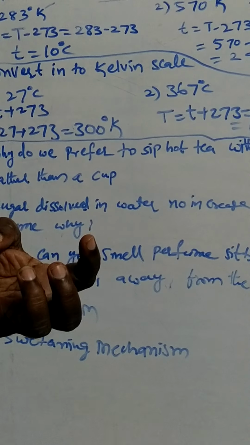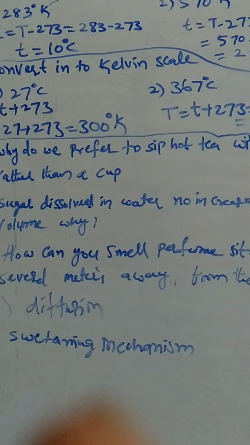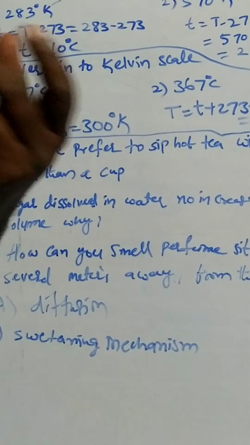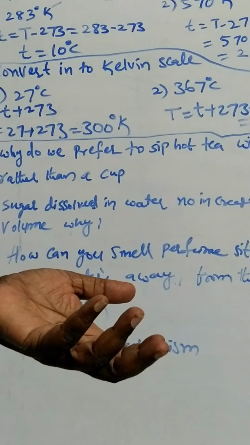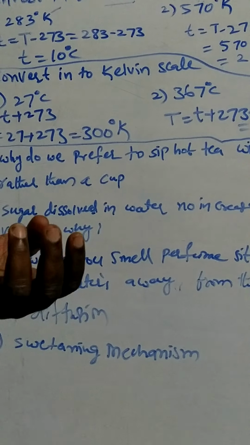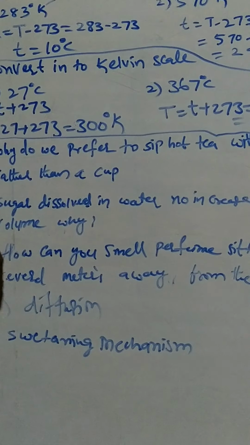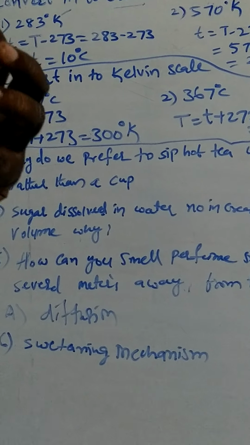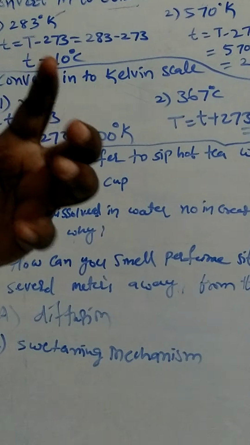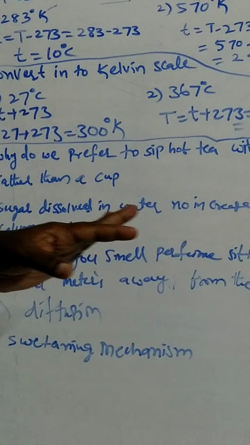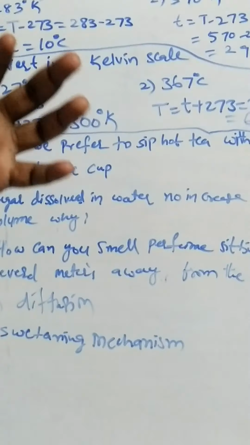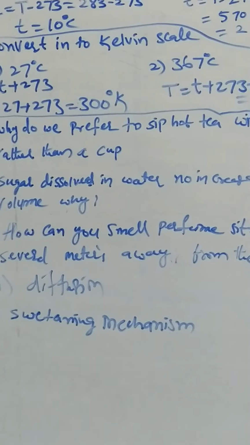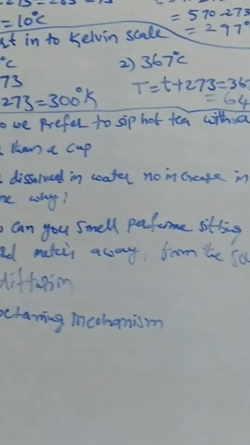Suppose you drop 1 or 2 spoons of sugar in 1 liter of water, it does not increase to 1.2 liters or 1.1 liters. Why? You added some more amount, but the volume is not increasing. Because there is a gap between the liquid particles. So the solid particles, that means sugar, enter into the gaps. The space between the particles is filled by the sugar particles. That's why there is no increase in volume.